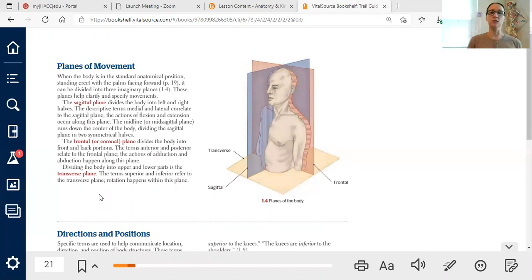It just divides the body into upper and lower parts. So imagine a piece of cardboard or a plate stuck straight through the middle of you. The only movement that can happen along this plane is